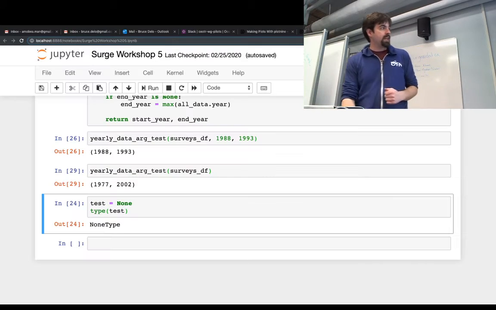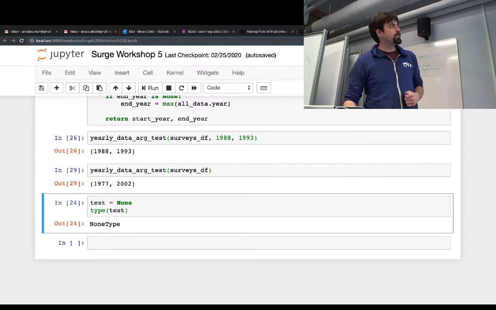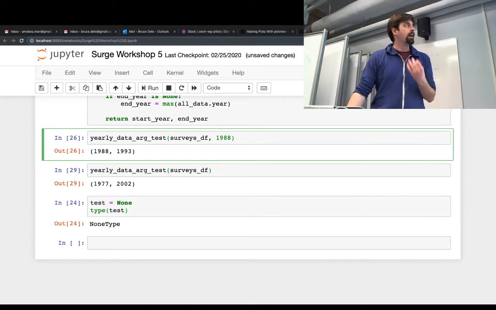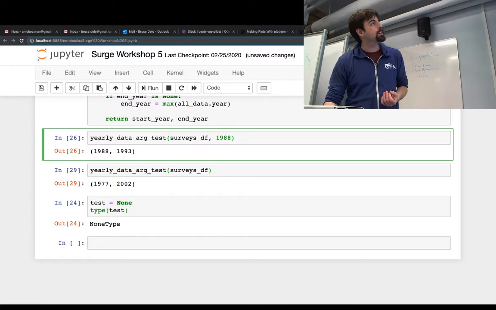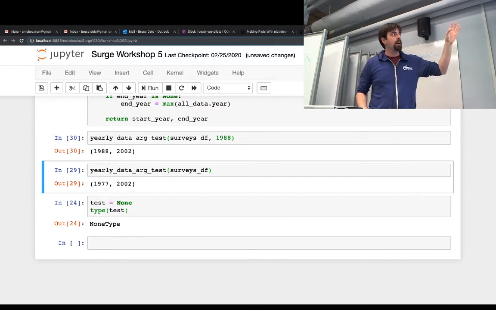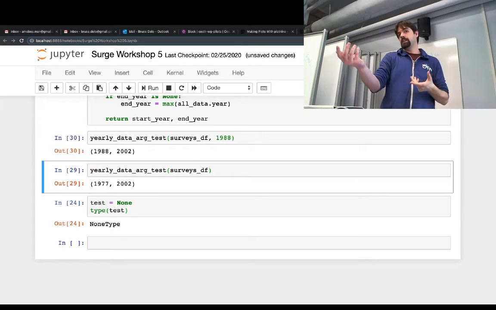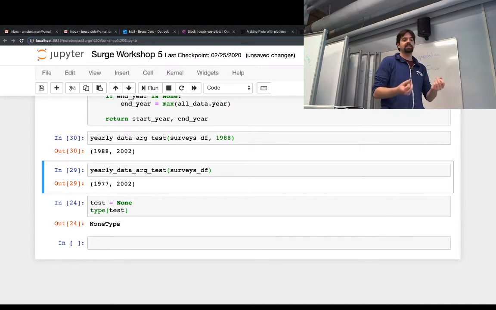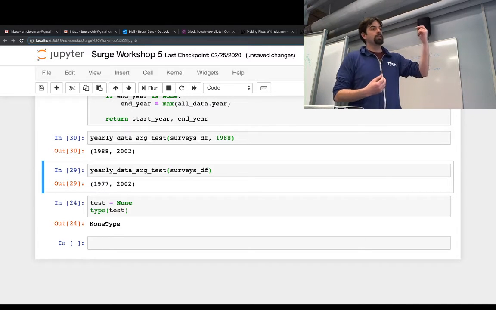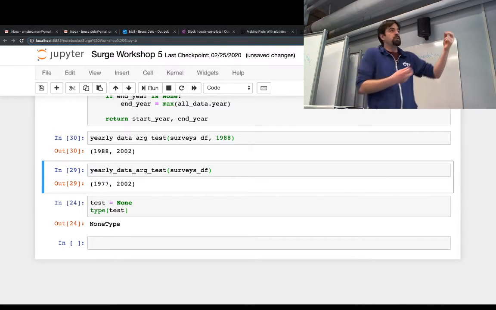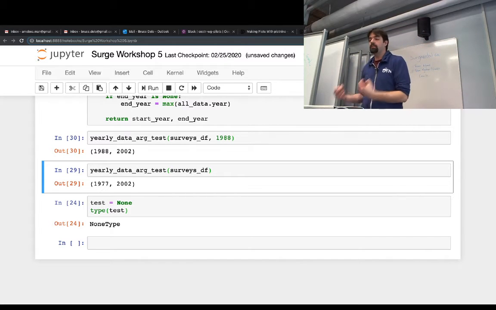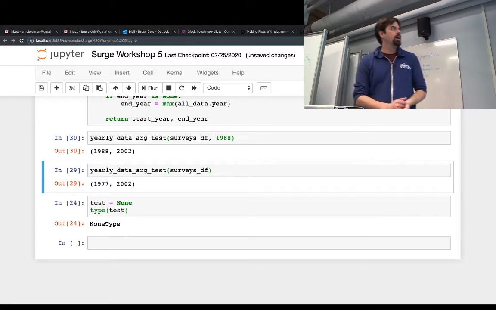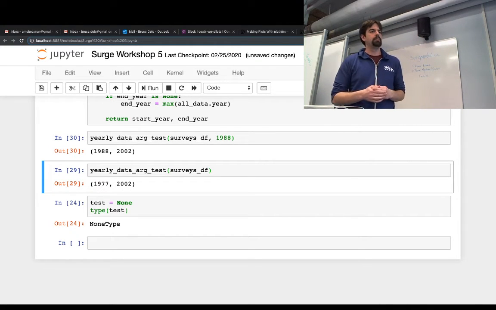Yeah, that's right. If you pass in a value for start year but not for end year, as you say, it will use the value that you pass for start year, but the default value for end year. So you can pass in values for arguments with default values if you choose, or you can not. Once you supply a default value, passing in something for that argument becomes optional. What about writing